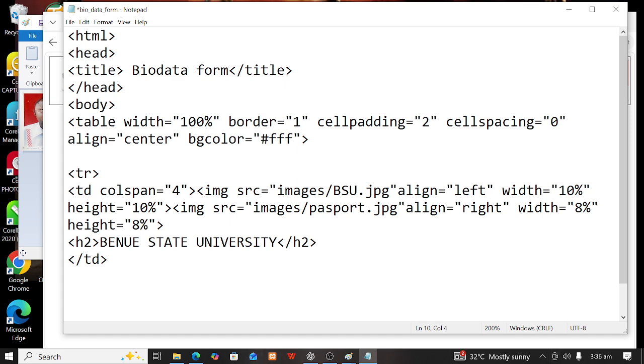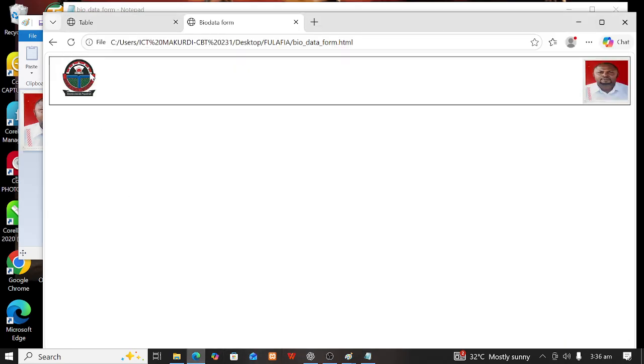inside here I can put align equals to where? Center. Then I will refresh. Then I have this there. Then in case we have any other heading, I want to look into